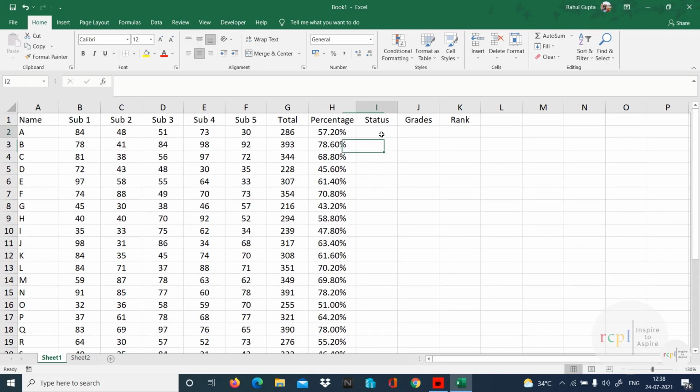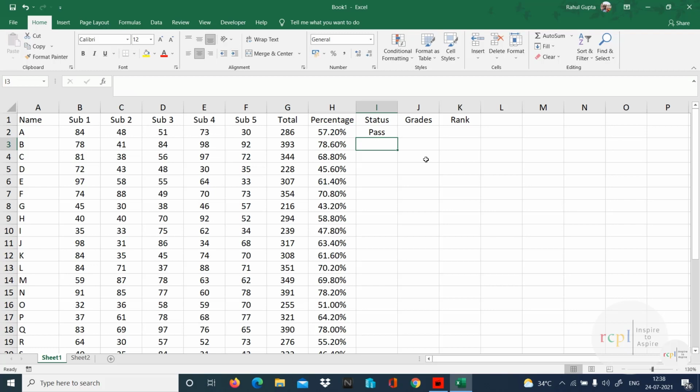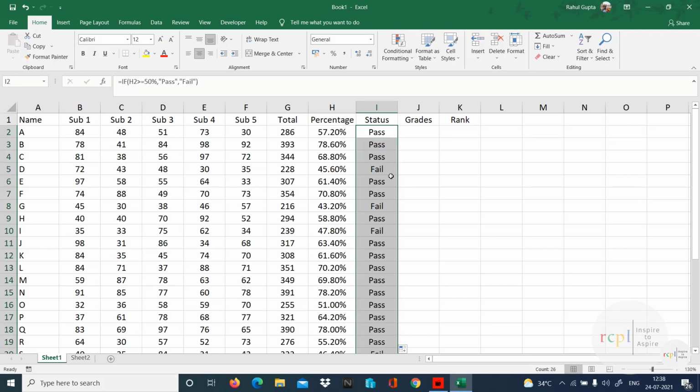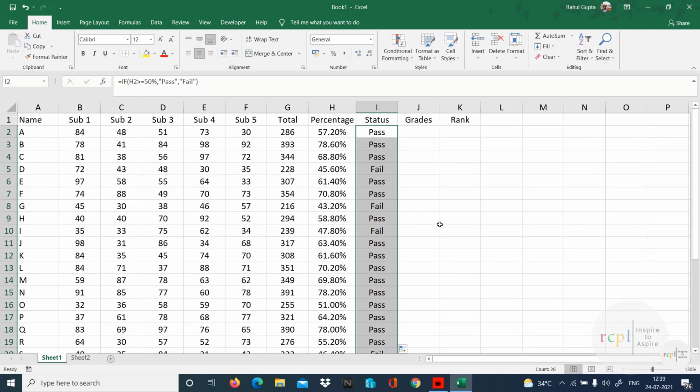So I'll go to my status and I'll type is equal to if my percentage, that is H2, is greater than or equal to 50%. So this is my logical test which I did. Then if it is true, give me pass. If not, then give me fail. So is equal to if H2 is greater than or equal to 50%, then pass, else fail. So I got over here pass,